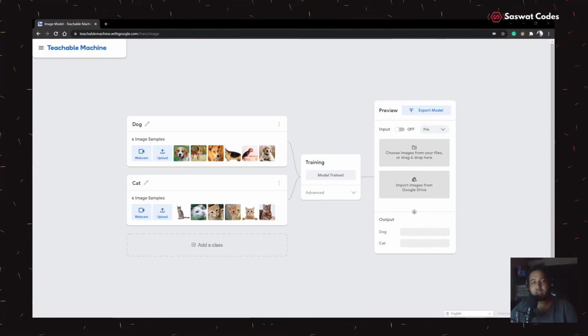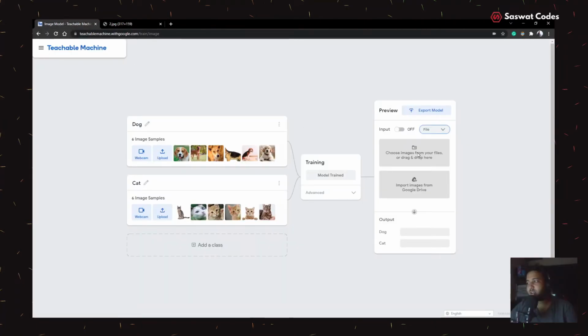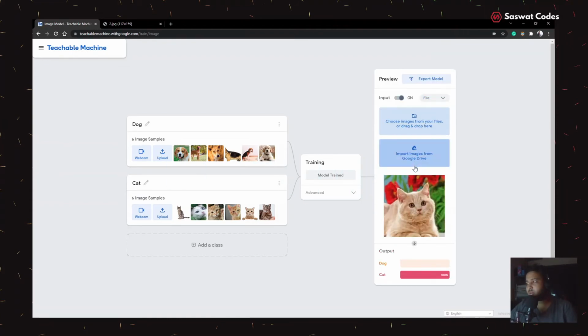Now let's get the image of a cat. So I am dropping an image of a cat. So this is the cat. Okay, now I can... So cool, it predicted 100%. You can see it predicted the 100% result for the cat, and we did everything within a fraction of seconds. Within 10 seconds we have gathered the data, trained the model, and got the results.